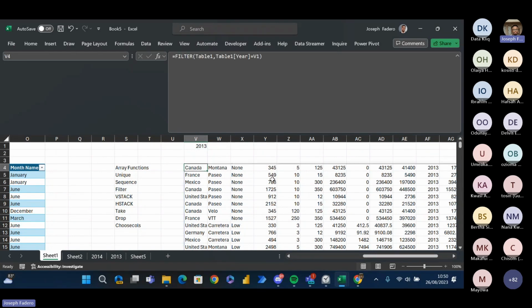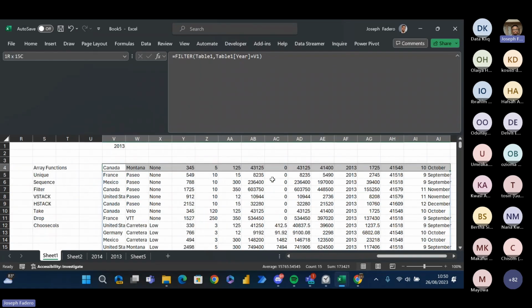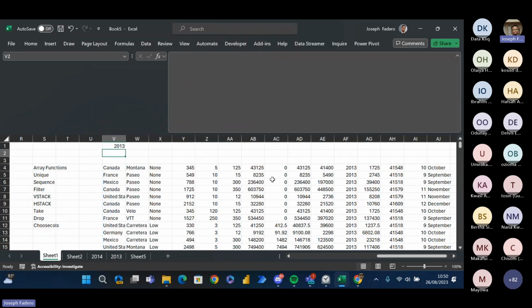But back to this VStack, this filter. If you have questions, you can note them down. I'm just showing this as array functions. We are still going to go into Power Pivot majorly as well. So this VStack, this filter, I showed VStack earlier. Then the next thing is I'm going to show you the use of take